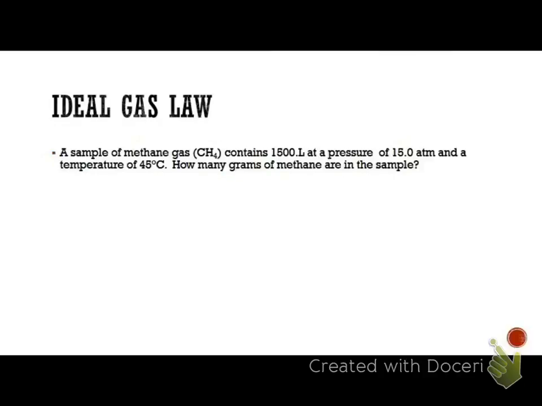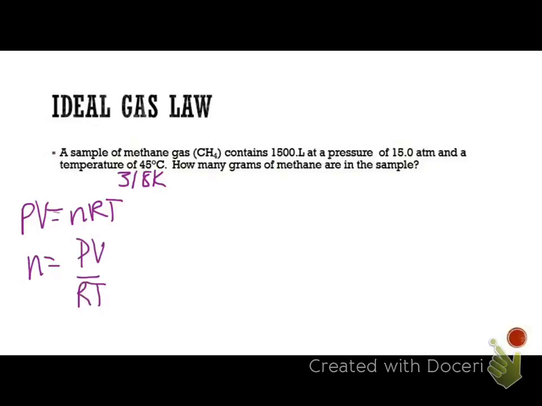Right. Okay. So 45 plus 273 is how much? 318? We're close. All right, so we're solving for moles this time. So we should have n equal to PV over RT. So let's plug it in. So we have 15 atmospheres,